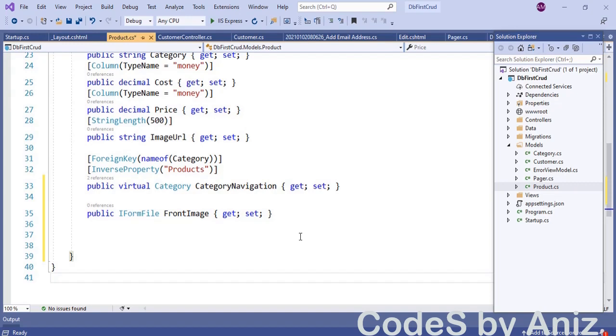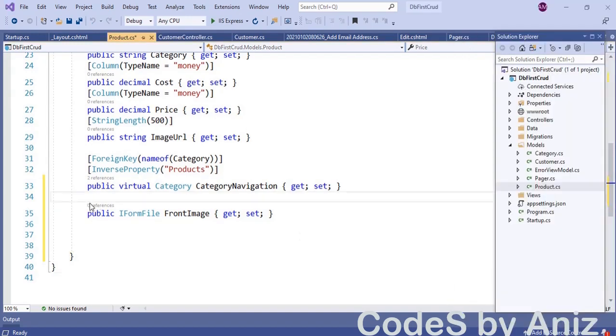Just click and include the Microsoft.AspNetCore.Http library in the using section. Then the error disappears. Here we are using the interface IFormFile for the FrontImage property, because if you want to receive the file from the browser file upload, then you have to use IFormFile only in ASP.NET and ASP.NET Core MVC as well.